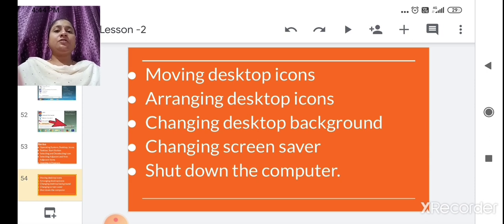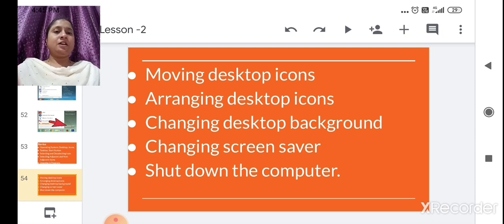After that, clicking on Auto Arrange Icons, we can arrange icons on the desktop. We also saw changing the desktop background, how we can change the computer background step by step. Then changing the screensaver, we have also seen step by step in this chapter.